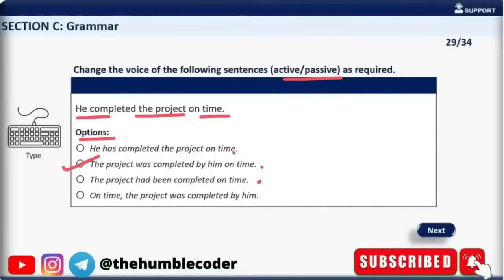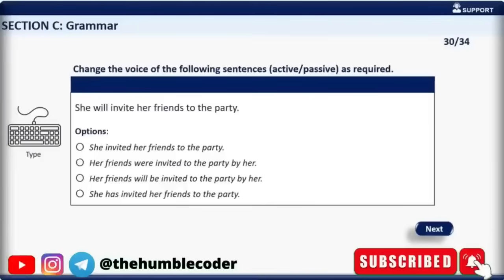Moving on to the next question now. She will invite her friends to the party. Okay, the options that we have are: she invited her friends to the party, her friends were invited to the party by her, friends will be invited to the party by her, and the fourth option is, she has invited her friends to the party. Now guys, before we look at the answer of this question,